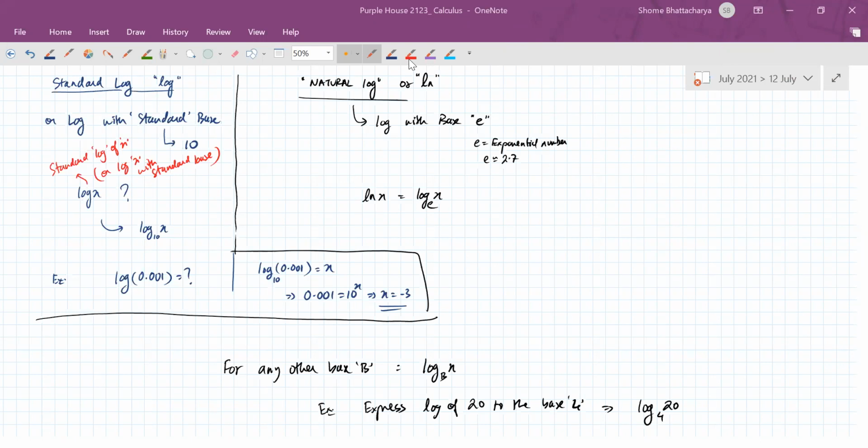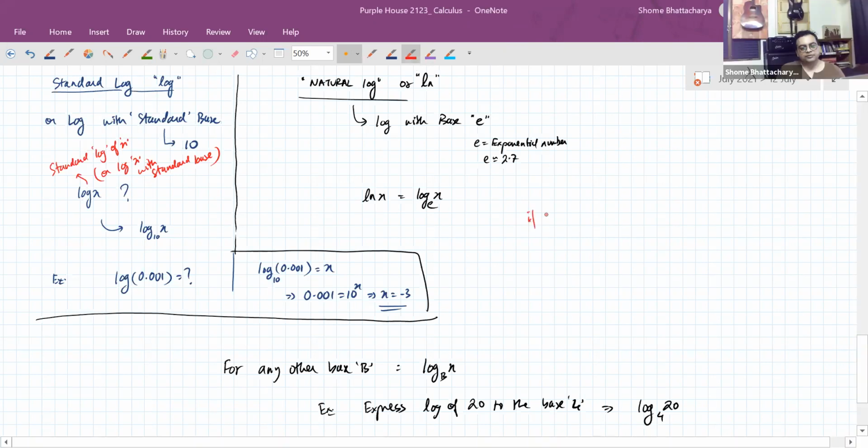Yes, sir. So basically, for example, if we want to calculate ln of x and it is given to us as 3, that means x is basically what? It is e raised to the power 3. Or it's given to us that ln of e square is equal to y. So find the value of y. So here we can see that e square is equal to e to the power y. So y is equal to,